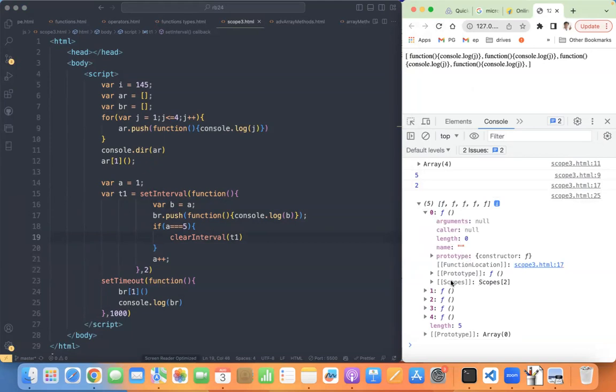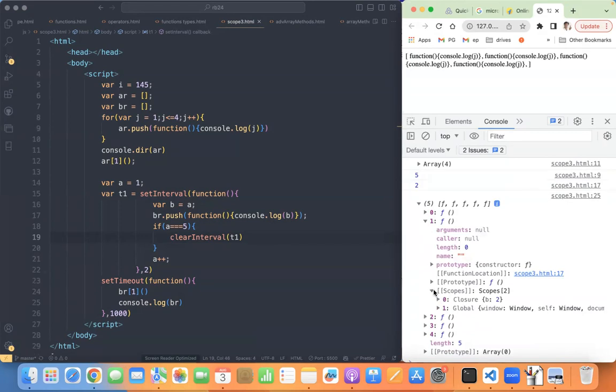If you see, now we have two scopes here. One is obviously the global scope, in which you have a. What should be the other scope? Closure scope. How much got bound in the closure scope? Individually, closure is binding the value.